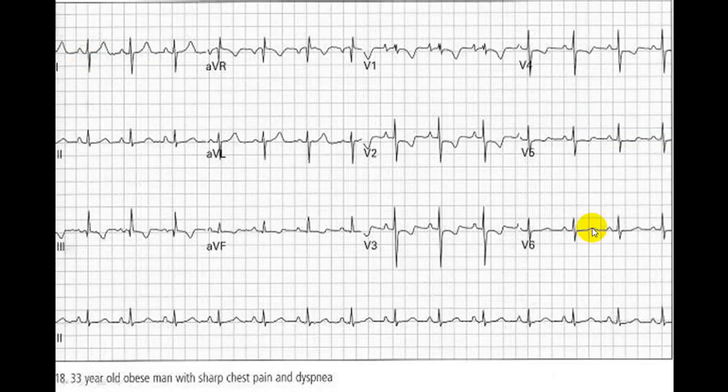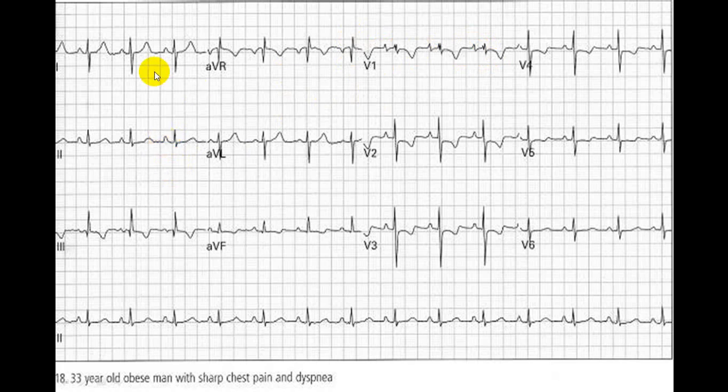Here, if you see, now there is a small R wave, ST depression with T wave inversion, V1, V2, V3. You can see that even in V4, even in V5. So this is from V1 to V6. Simultaneously, if you see, there is a terminal R wave, and there is an R wave in V1 also. And if you look at the P wave, this is biphasic. This first component is taller than the second component. So this is in favor of P pulmonale. If you see here, this is a tall P wave.